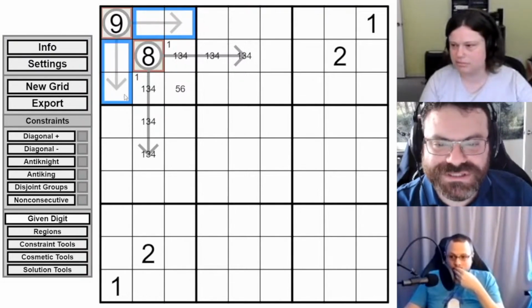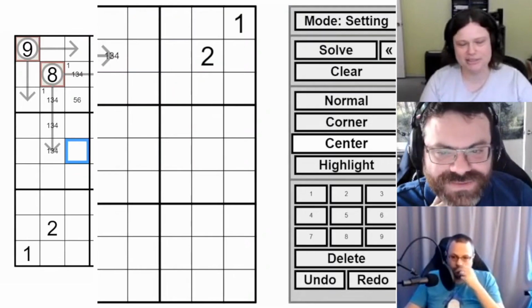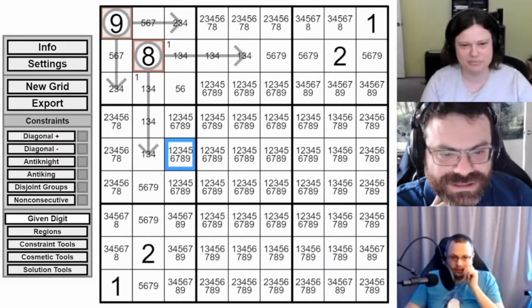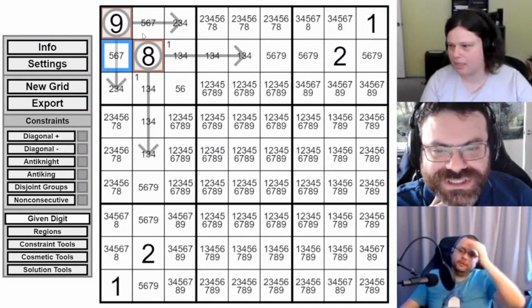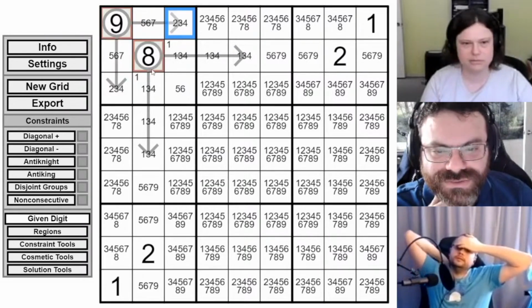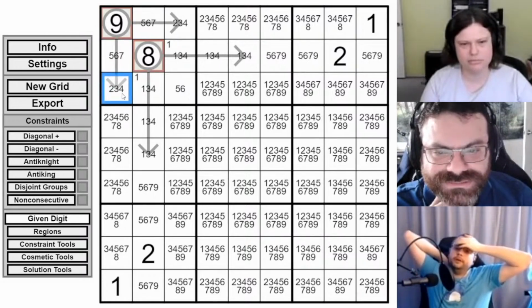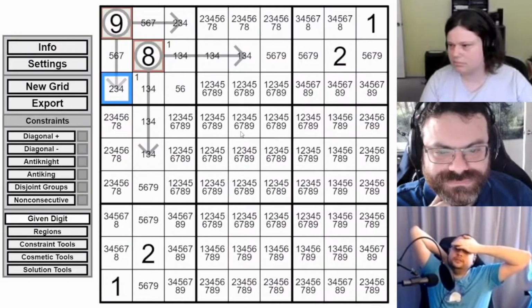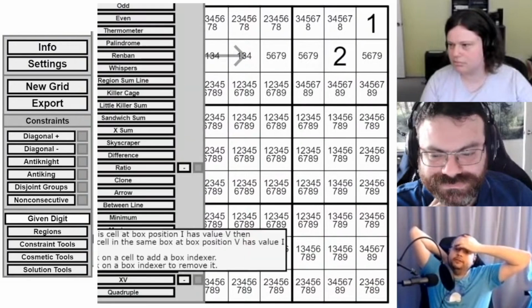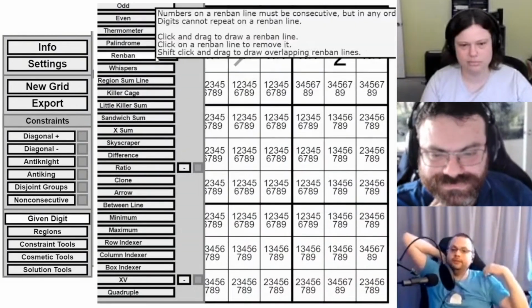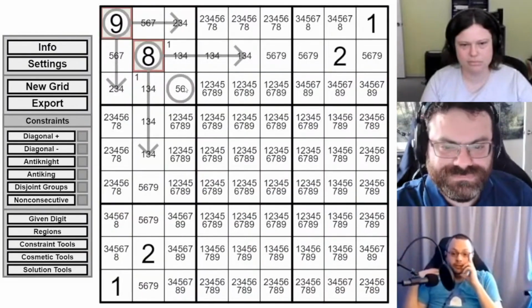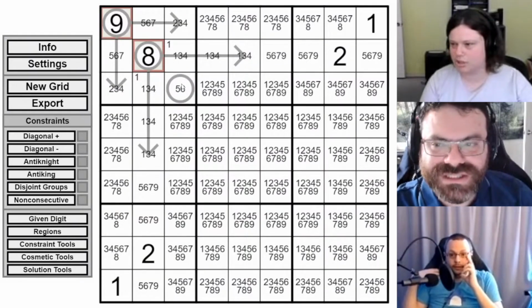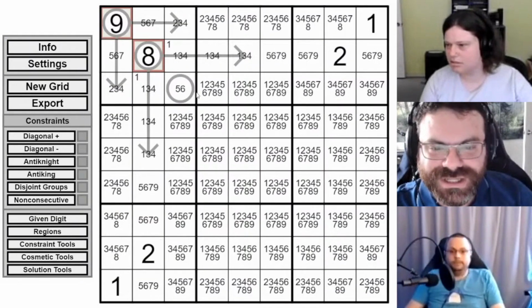I wouldn't have even filled that. If I turn true candidates back on and I hit undo redo, our marks match what it's saying. Now interestingly it's limited these to be high and low. That is interesting, and I don't know why. Let's put a circle on the 5, 6 pointing right, 2 cells, and that'll place the 3 into box 2, which will place a 3. We could get people to think about this cell, which is a lot more restricted than you might expect.